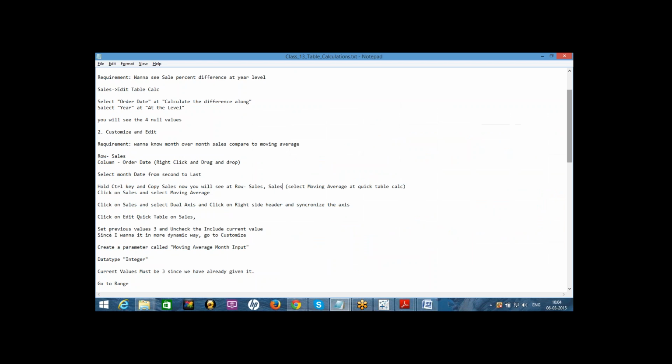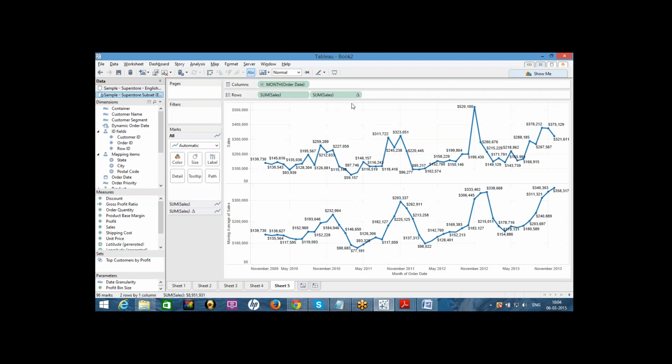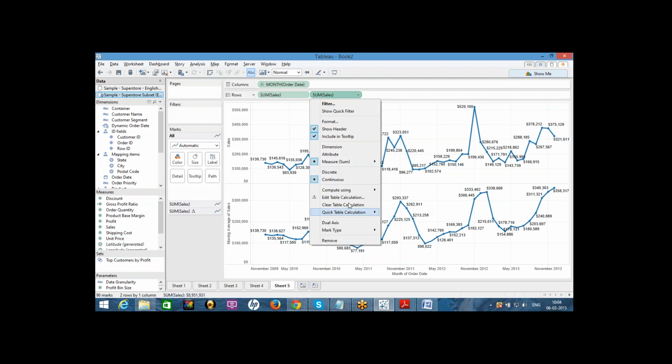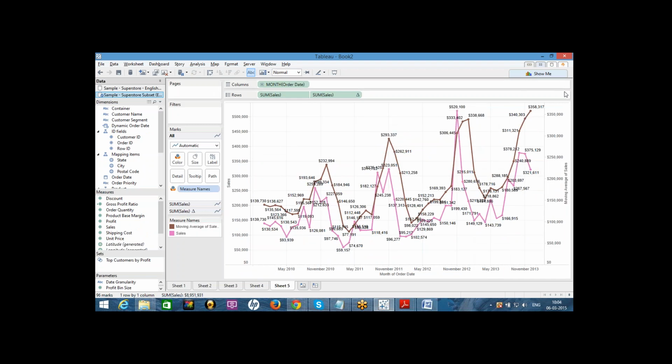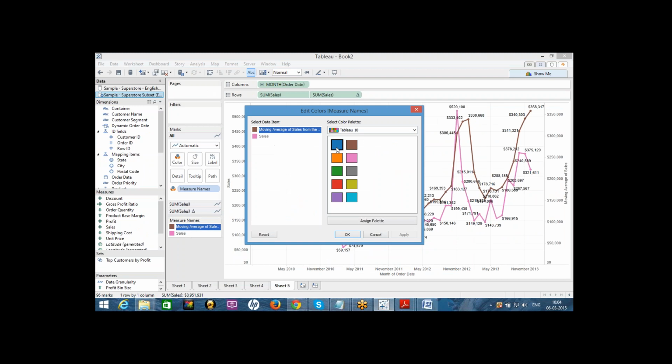So here I'm taking, click on sales. You will find dual axis here. Click on it. So you'll get dual axis. When you get a dual axis, here it's the sale actual. Let us change this color. We want the moving average in orange and actual in blue.